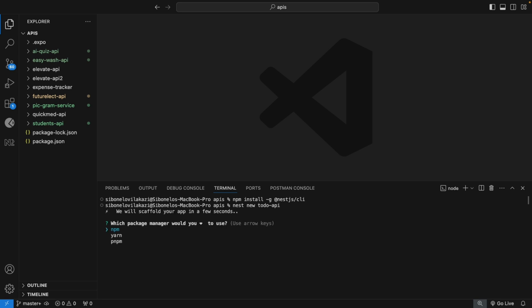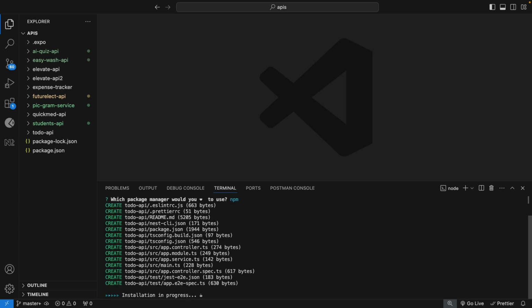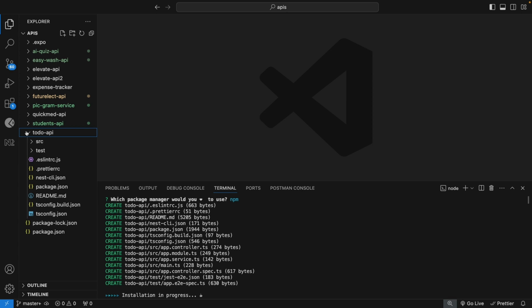It's going to ask you which package manager you want to use. I'm going to say npm. So what's going to happen is it's going to create my project and run some installation, so the packages that need to be installed. So let me take you through a couple of things. So here we've got this